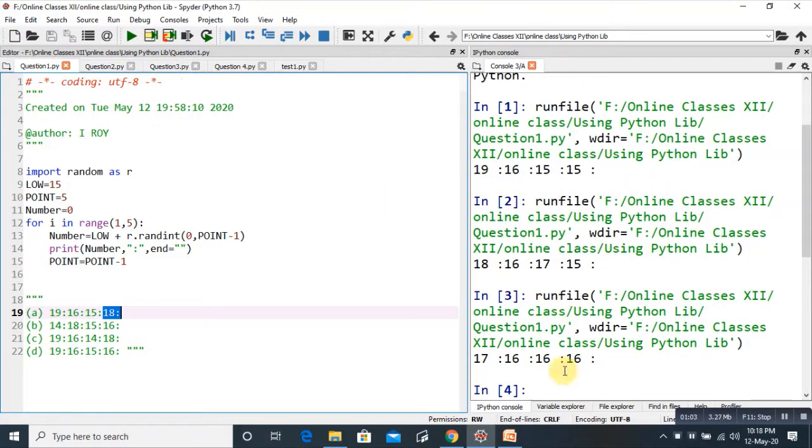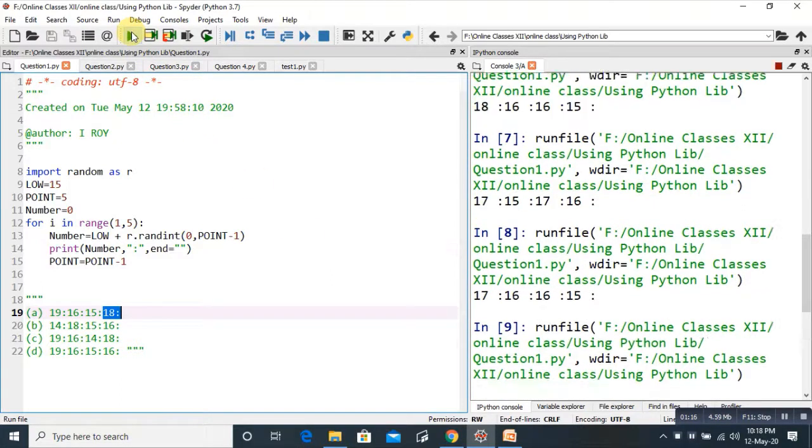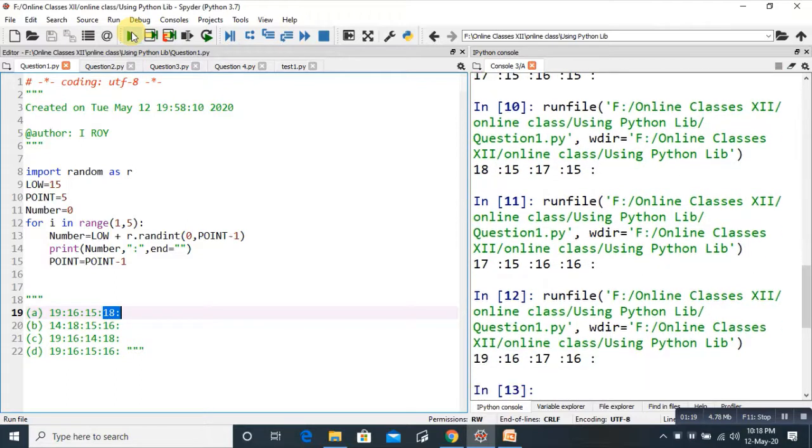You can see that the last value may be 16 here, but it is never 18 in any of the cases. Concentrate on the last value and see that it is not coming as 18 anytime. And it will not come because you cannot justify that particular part. So this is how this part of the program can be justified, and you can say that the code works in this way. So the justification we have seen.